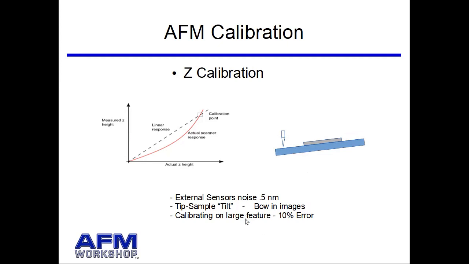And what happens is if you use the calibration value that you use for the larger features. In other words, if you calibrate it on something that's say 100 nanometers, and then you want to look at the accuracy of a measurement at 1 or 2 nanometers, it can sometimes be off by as much as say 10%, plus or minus 5%. So sometimes if you really want to do very accurate measurements of sample heights in the AFM of 2D materials,